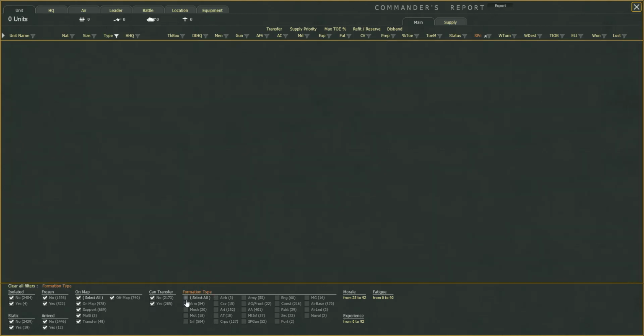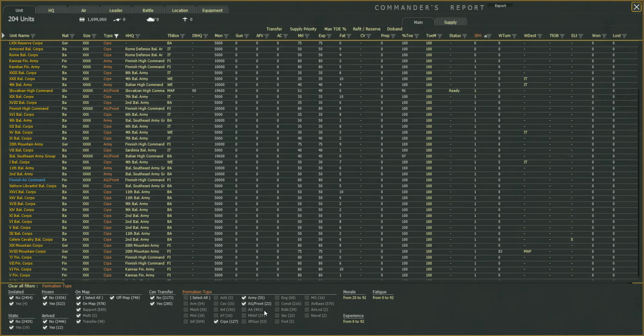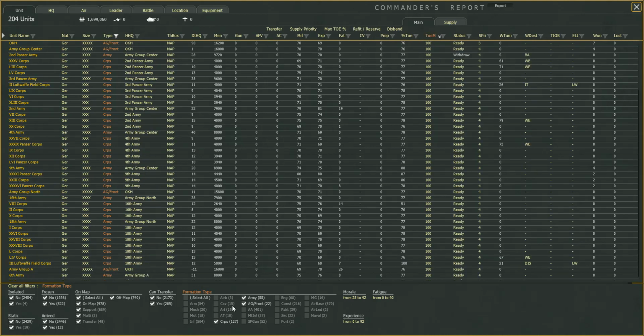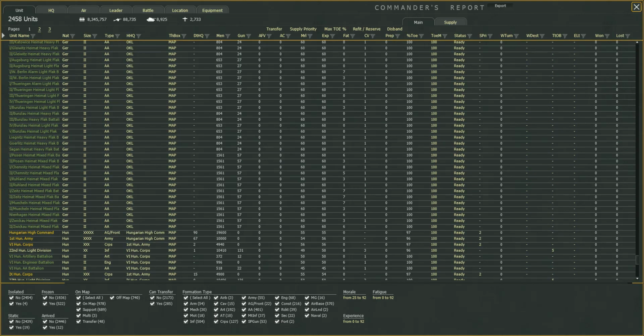Well, I need to start with Army Group in front and Corps, and from there size type HQ, that's fine. Theta box min. How did we do that again? Because I'm quite sure you can put all of them on locked at the same time. I don't want everything on max TOE, but...